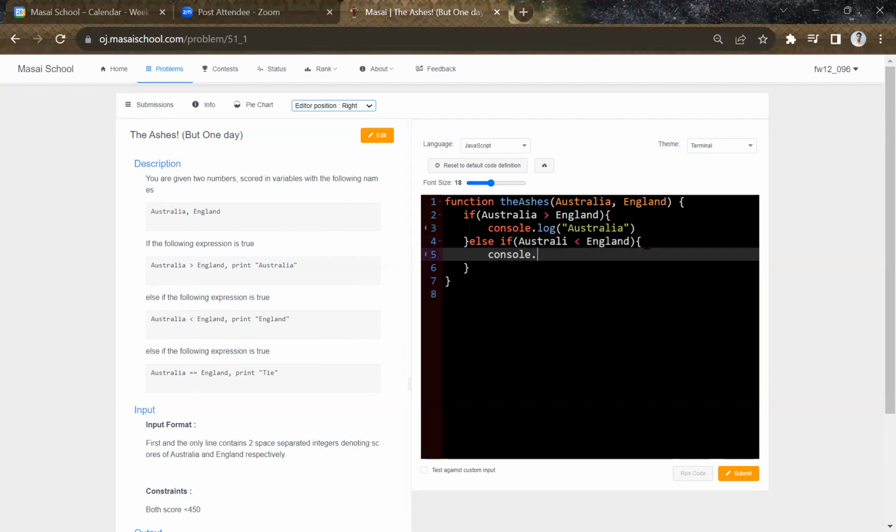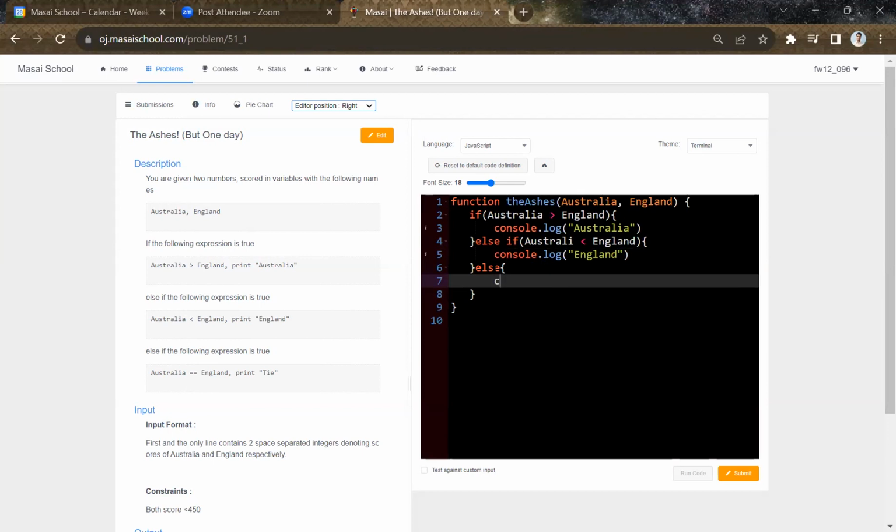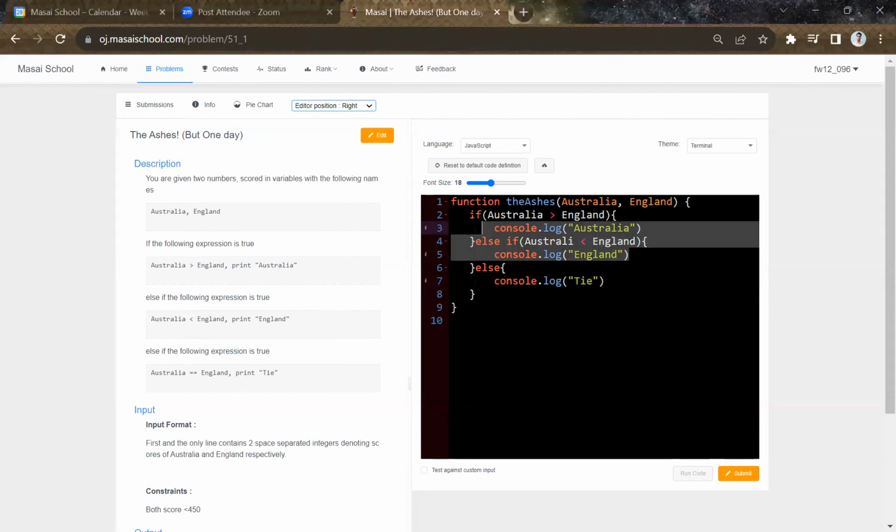And in here we have to print England, right? Else अगर ये दोनों ट्रू नहीं है तो we know कि this is gonna be a tie. अगर कोई नहीं जीता तो it's gonna be a tie. Fine. लास्ट वाला else if लिखने की जरूरत नहीं है, ठीक है, बिकॉज वी नो कि या तो ये दोनों कंडीशन ट्रू हो रही है या फिर लैटर आने वाला है। तो इफ आई ट्राई टू रन इट,